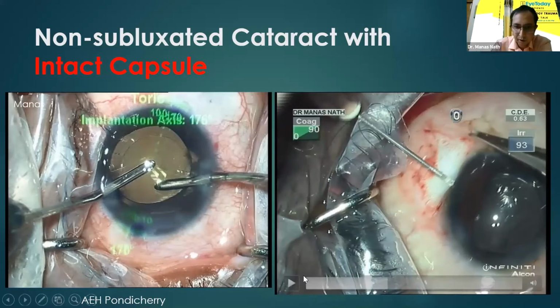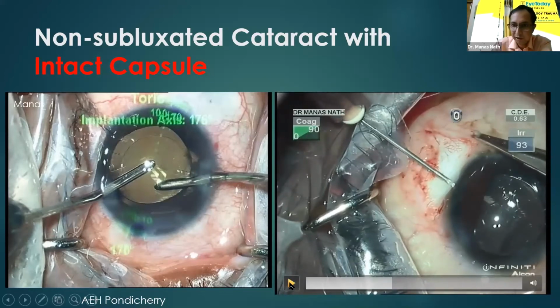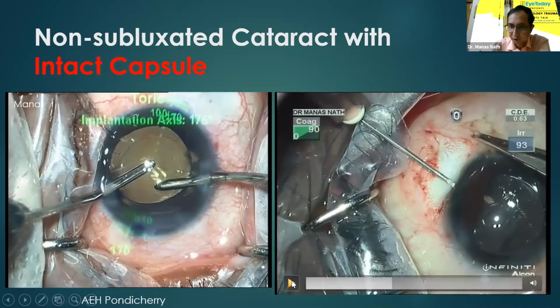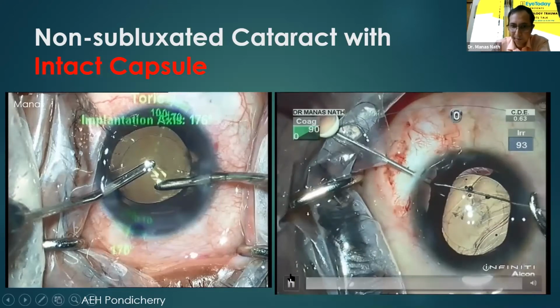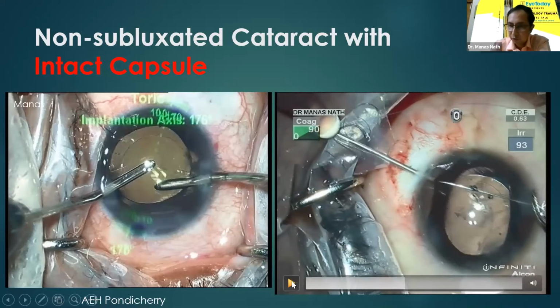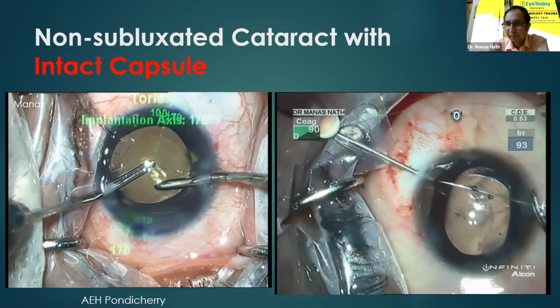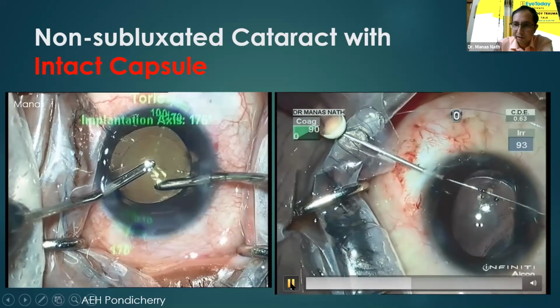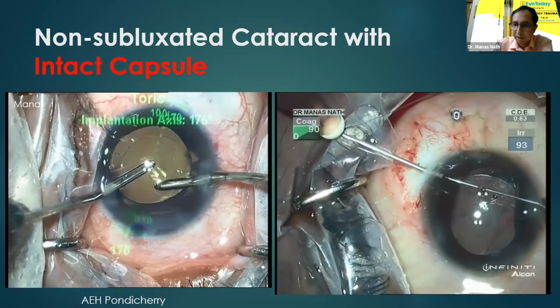For that, I am using a 26 gauge needle. As you can see here, I am inserting the 26 gauge needle into the anterior chamber through the sclera from a distance of around 1.5 mm from the limbus, and it's coming out in the anterior chamber. And next, I'm using the straight needle of a double arm prolene suture to pierce the iris as peripherally as possible, and then docking it inside the 26 gauge needle, which will be taken out with that.